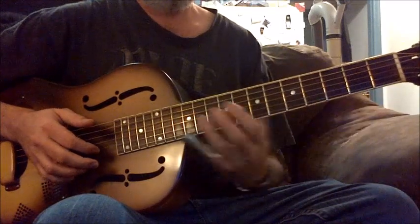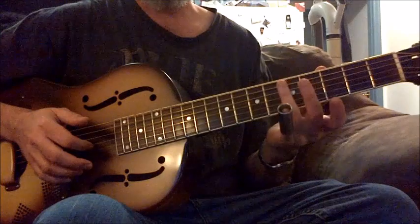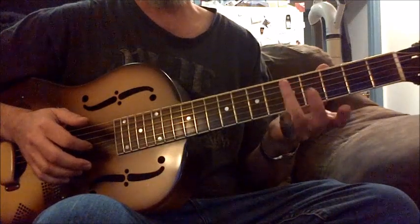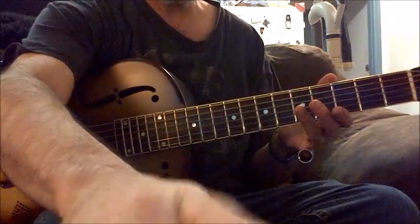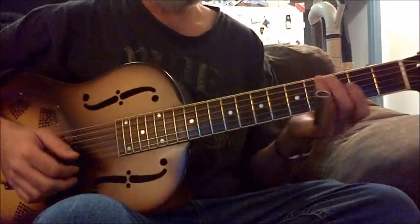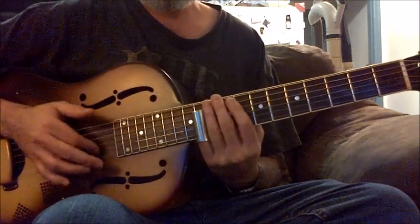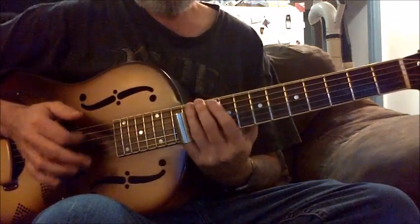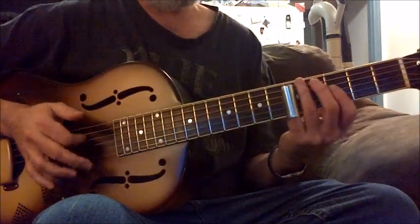Sliding down, that's when I started learning to put this finger or my hand. In some spots I'll just use this finger, and in some spots I will use like my whole hand. Like if I'm up here, and then with my 5 chord, 4 chord,